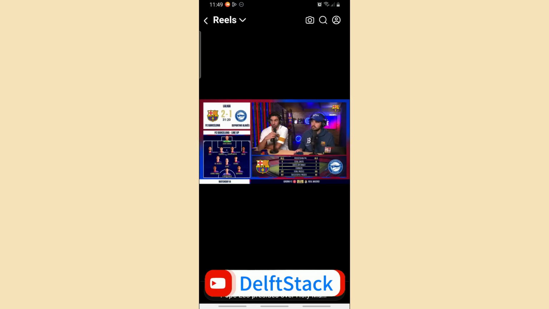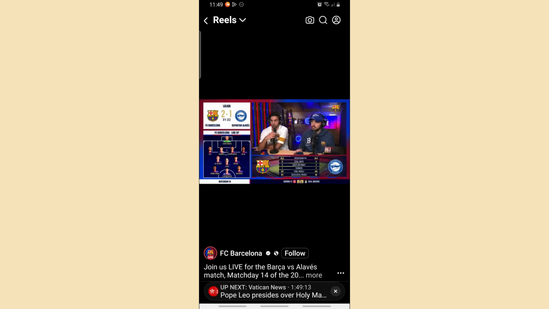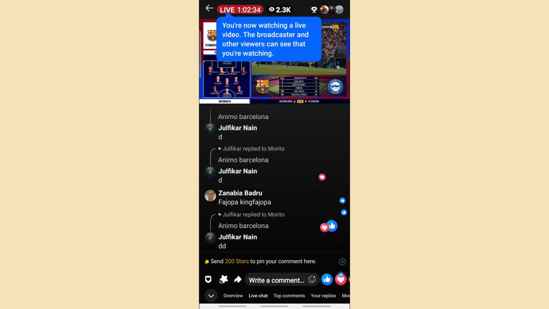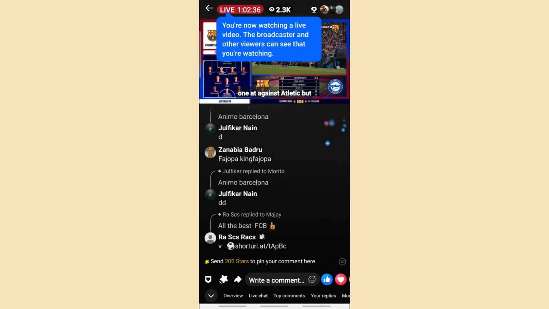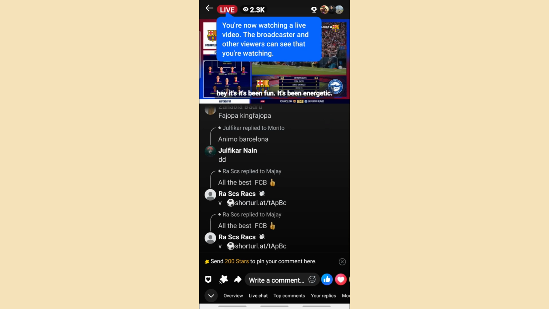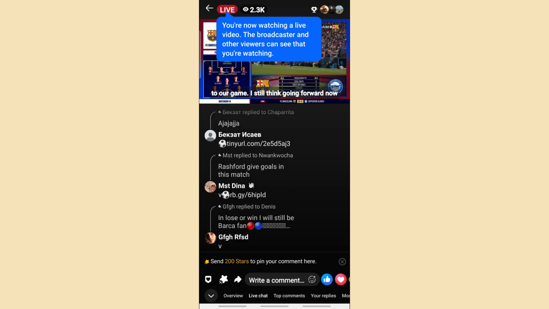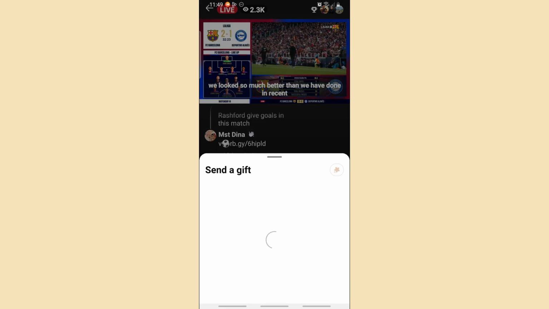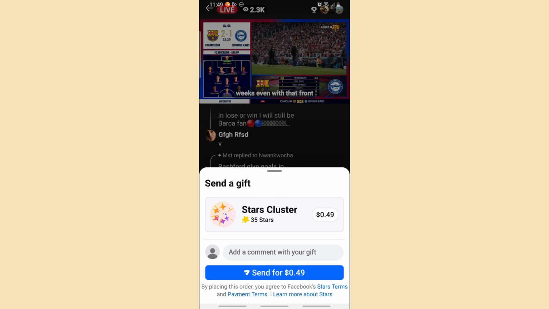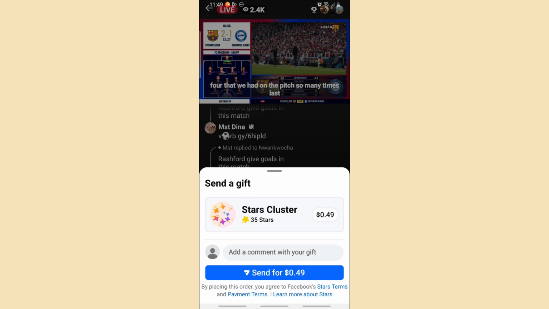Now guys, once you are here, you can just simply go to their live on their profile at the bottom left and make sure you are on the live itself. And now from here, as you can see, you should be able to see the preview of a live viewer, and you will have the star icon at the bottom left corner of the screen. So when you tap on that, as you can see, we could send a star,